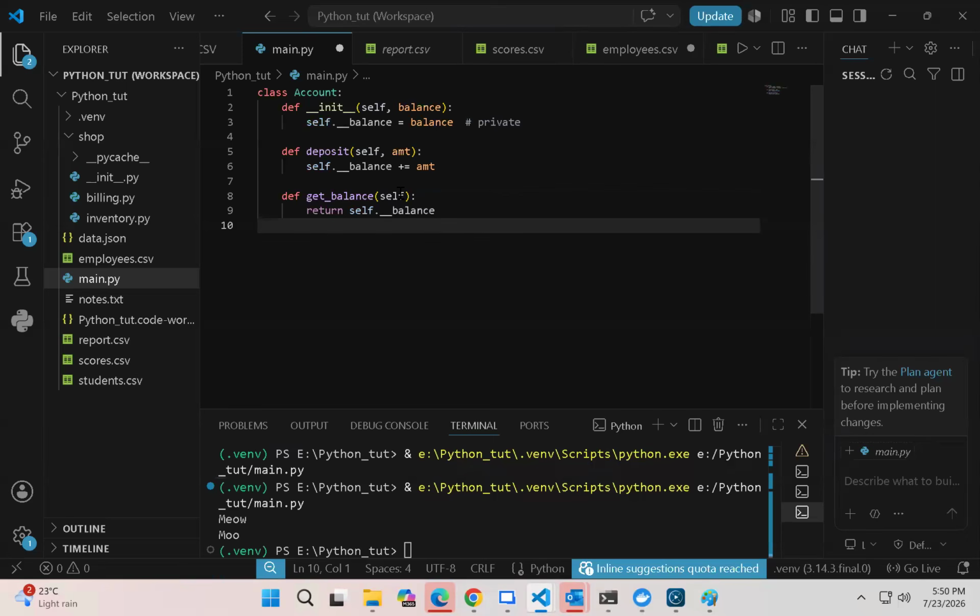Now you must have noticed this one, underscore underscore and then balance equal to balance. What does this mean? It simply means a private. So remember we have two types of variable, private variable and public variable. If you want not to expose your password or the balance account to the different class or